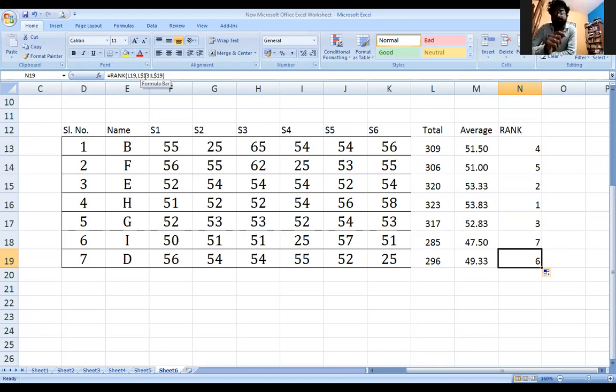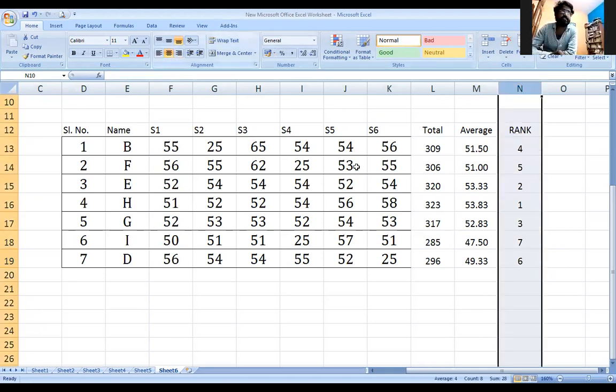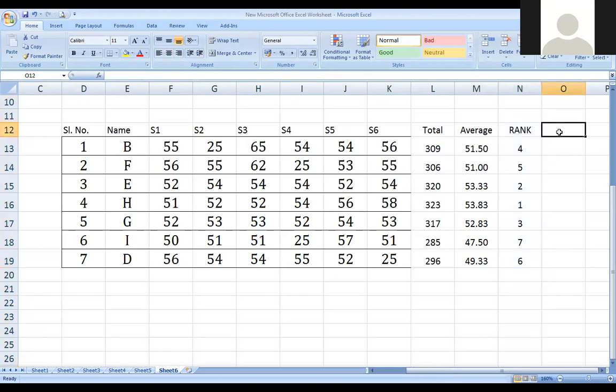Absolute referencing style has given the limitation that it should be restricted to the particular values only. Once again, I'll show you what I have done, because you might not have clarity on this. I'm showing you once again, and I can also show you the differences.